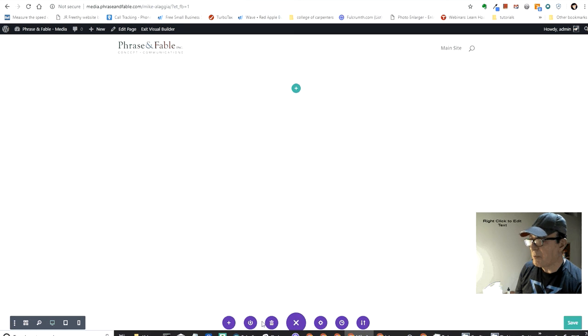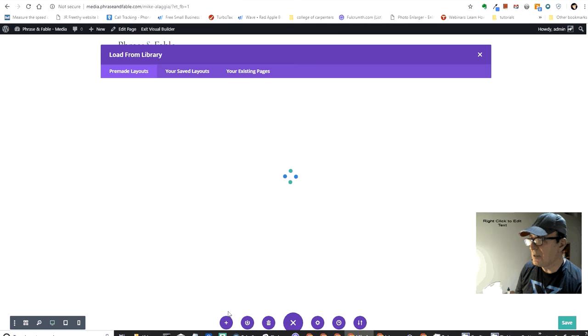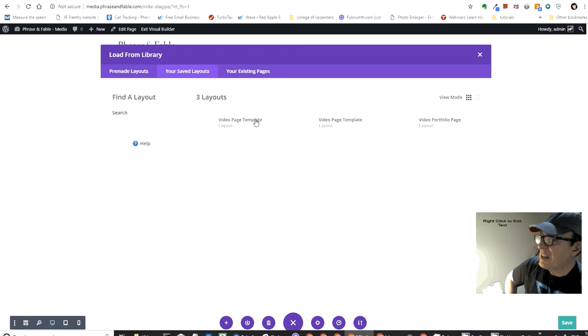I'm going to go to this purple button again. I'm going to hit the plus symbol. I'm going to go to your existing or your saved. Oh, I could actually copy the entire page from your existing pages. That's kind of cool. That's one way of doing it. Or, actually, that's a better idea. They didn't have that before, so I didn't need to save all this. I could just have loaded